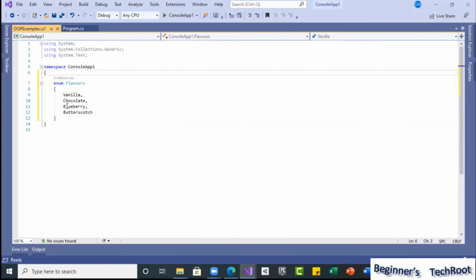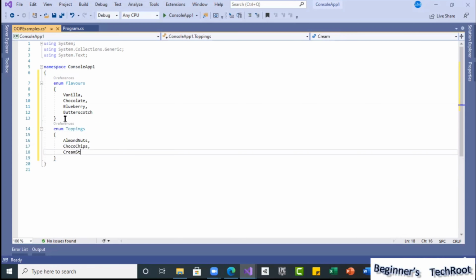And I am going to add one more enumeration, Toppings. In this, I will give almond nuts, choco chips, and cream sticks.